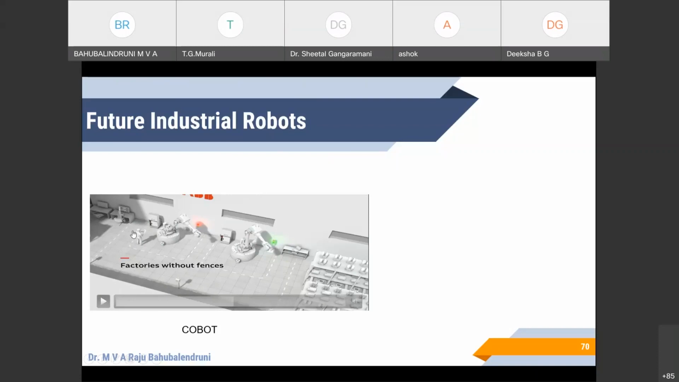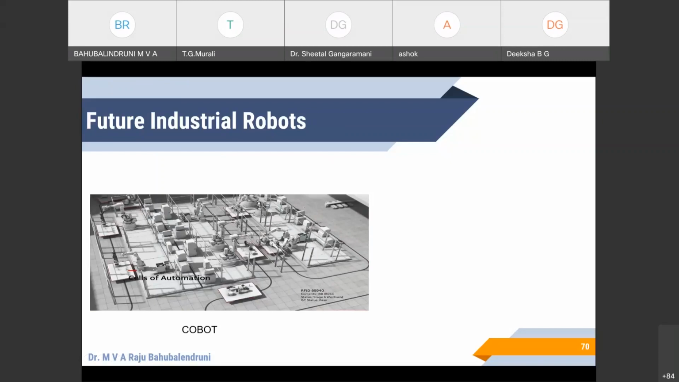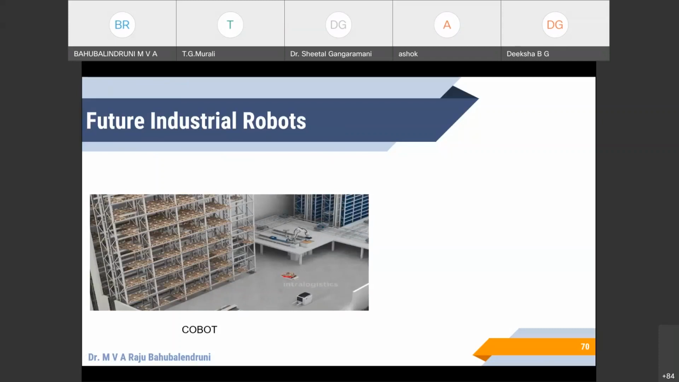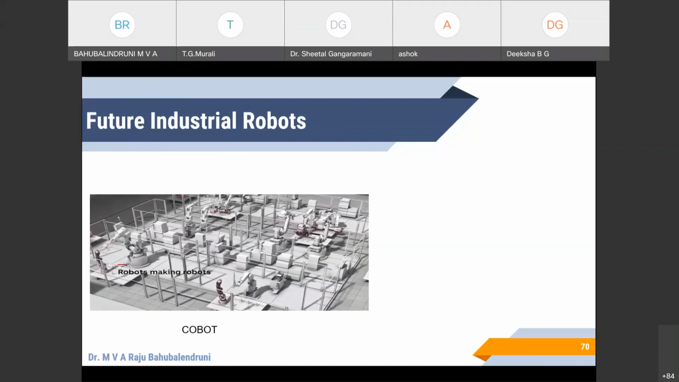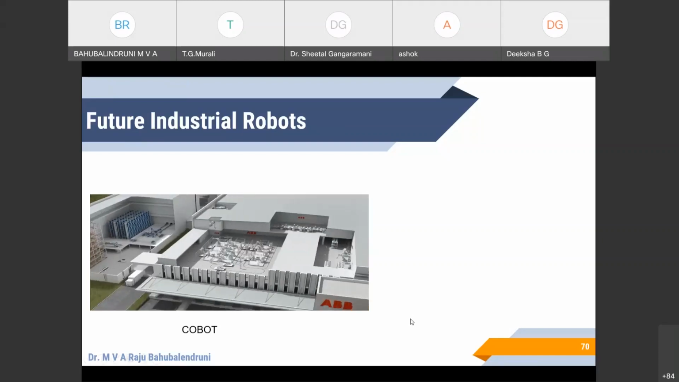So as I told you, previously the robots were given fences. Now the fences are removed, and there would be some sensors to identify the presence of the human and to interrupt the process of the robot so that it will not harm the human. Finally, we are going to see one more video on